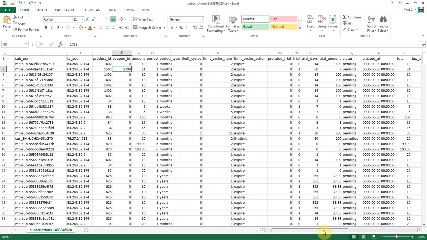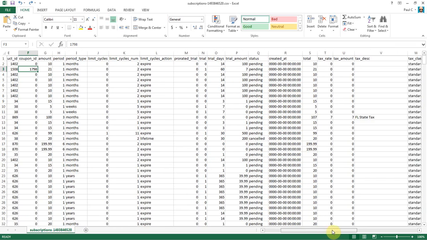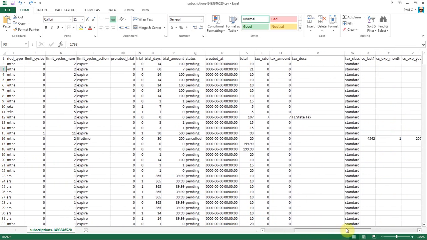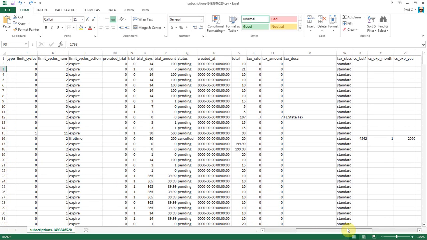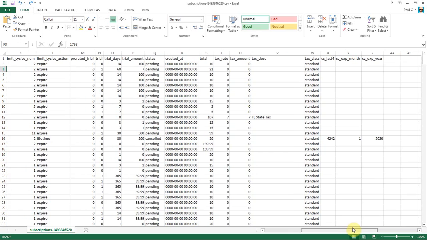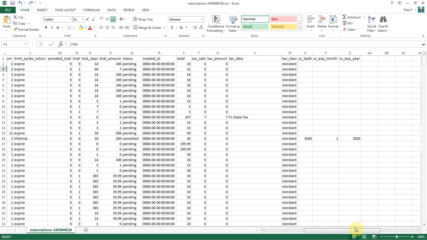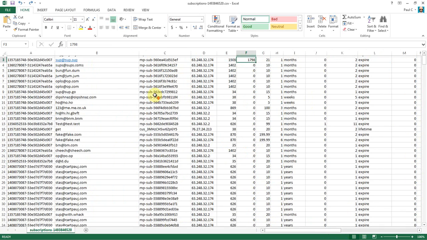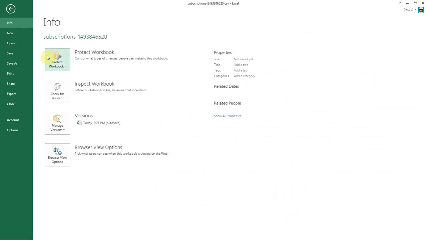And everything else should be good. Let me just double check and make sure I don't see anything else here that needs to be changed. Yep, that's it. So then you'll save the file, save as,